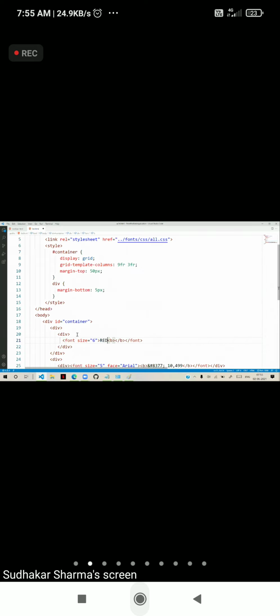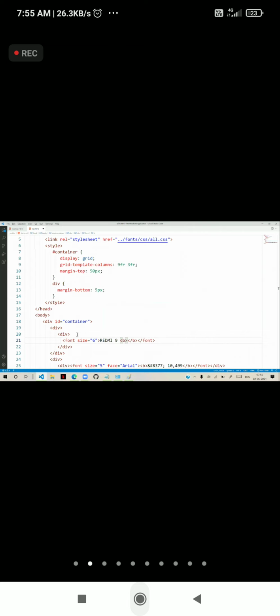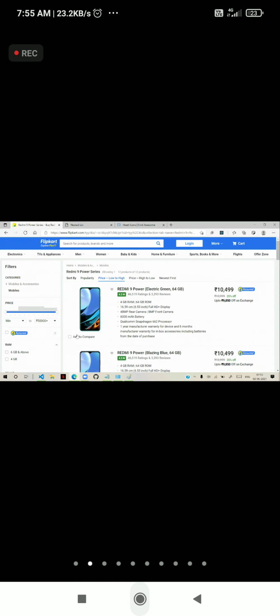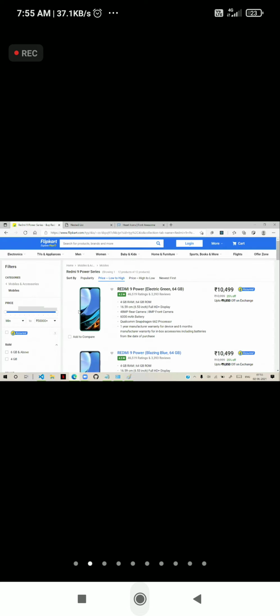So Redmi 9 Power, and that is Electric Green 64 GB. So that's the option we have designed for that, and this is what it is going to display.